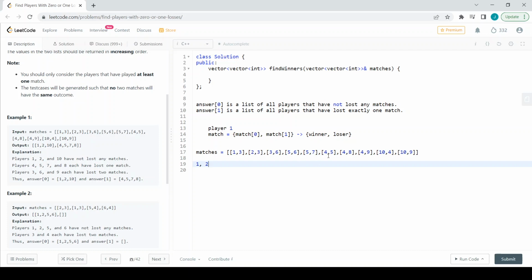And let us analyze 5. 5 has won matches, but he has lost only one match, so 5 should be in the second vector. Hope you understand how it is segregated, how it is separated. So we have to return two lists of players, where the first list contains all the players that have not lost any matches, and the second list contains all the players that have lost